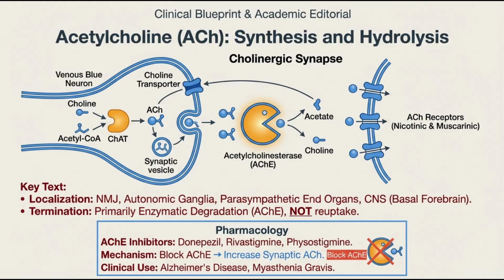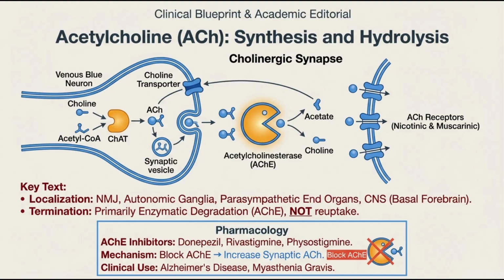Acetylcholine, or ACh. Yes, this is the exception to the rule we've just been establishing. How is it an exception? Well, every other major small molecule neurotransmitter we're going to discuss, glutamate, GABA, dopamine, serotonin, norepinephrine, relies primarily on reuptake to clear the synaptic cleft. The vacuum cleaner method. The vacuum cleaner method. Yeah. Acetylcholine does not. It is the only major one that relies almost exclusively on enzymatic degradation right there in